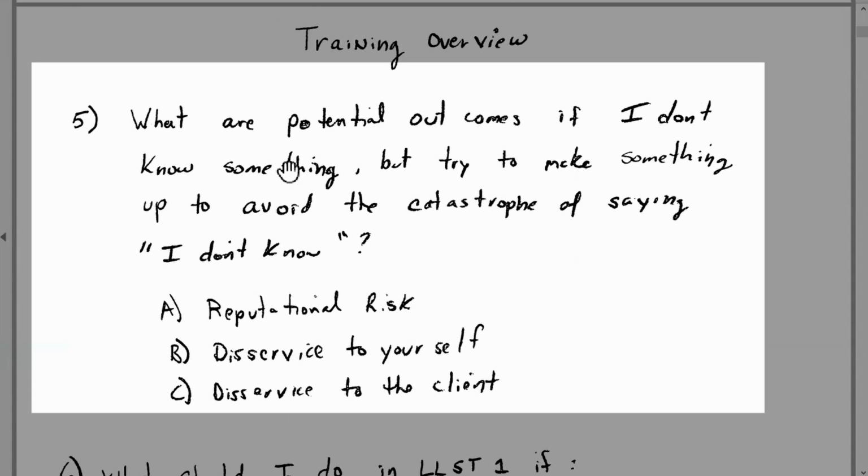Jackson, what's this say? What are potential outcomes if I don't know something, but try to make something up to avoid a catastrophe of saying, I don't know? A, reputational risk. B, disservice to yourself. C, disservice to the client. 100%, especially the disservice to the client,